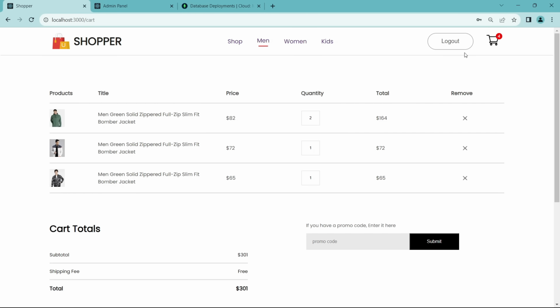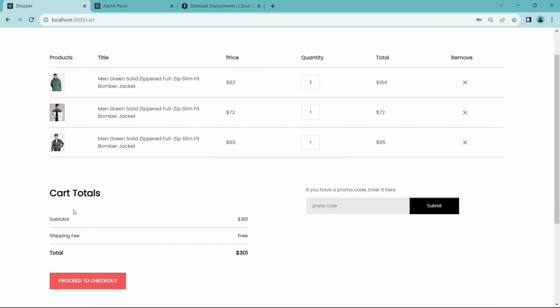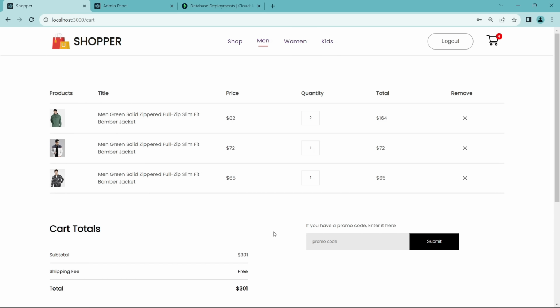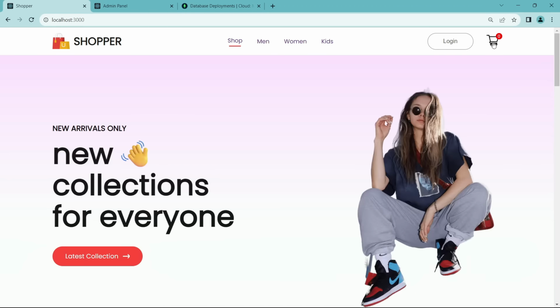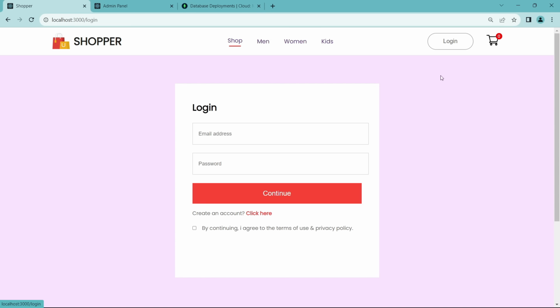Here we have a total of 4 quantity. You can see 2 quantity for the first product, then 2 other products. This will display the total of each individual product and this cart total will display the total cart value. Let's click on the logout. So this cart item will become 0, and if we log in again with the same ID, we will use